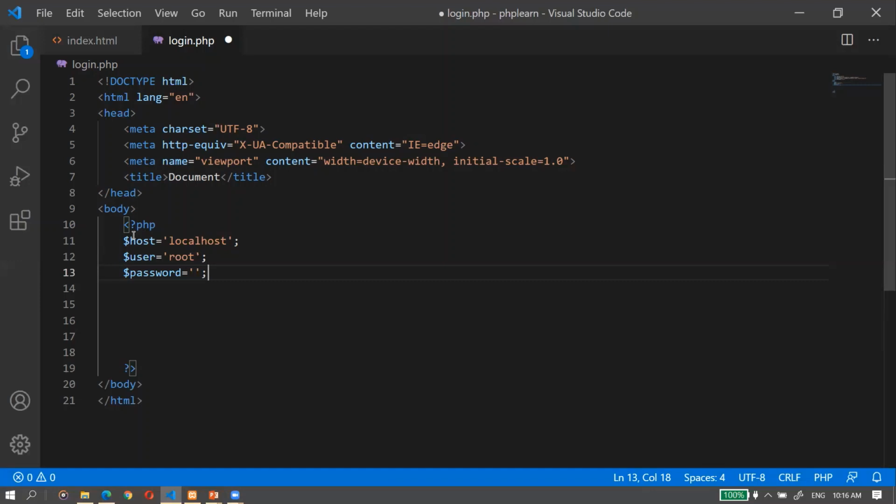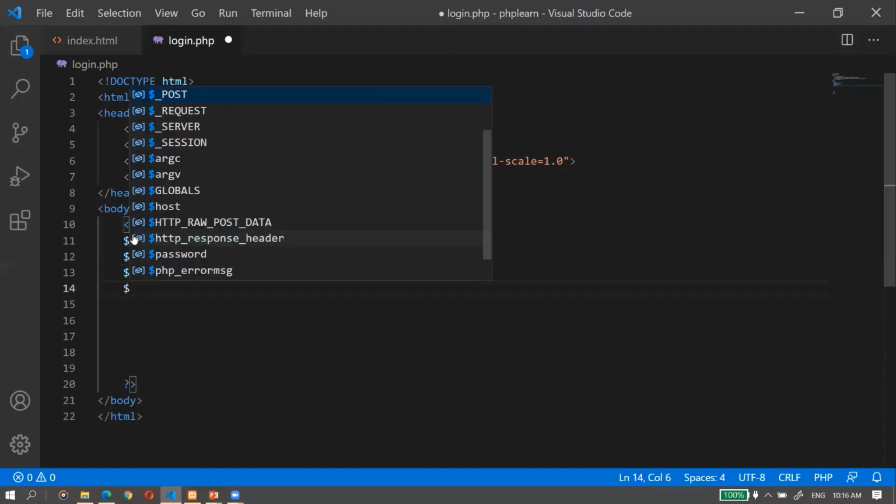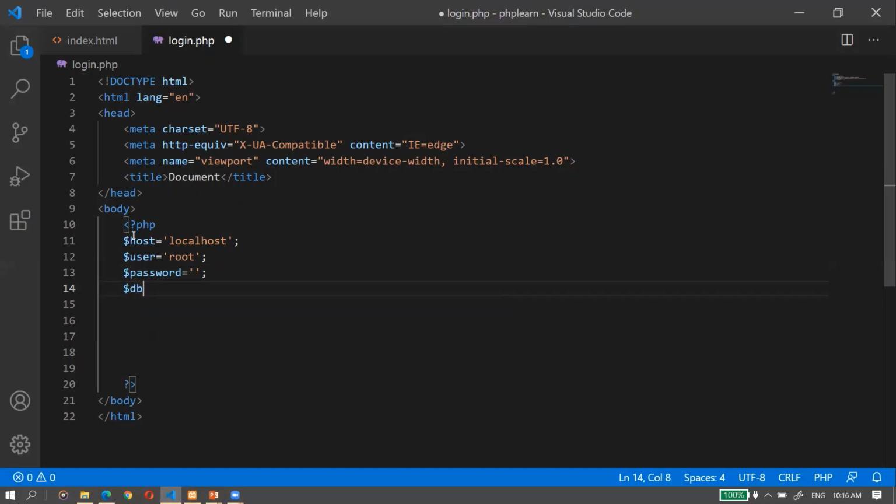So I'm giving the name of the database. The next variable is called DB, which is the database I created: student portal. You have to give the name of the database which you made.